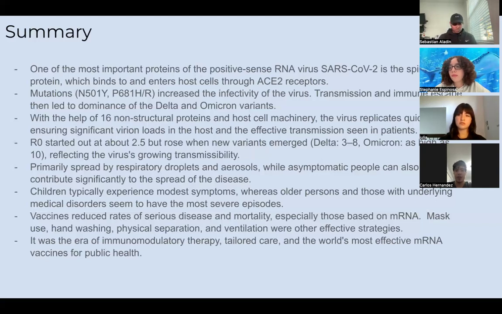SARS-CoV-2, saved millions of lives. The global response to COVID-19 demonstrated the power of science, medicine, and collaboration in crisis management, as well as the importance of adaptability in the face of a constantly evolving